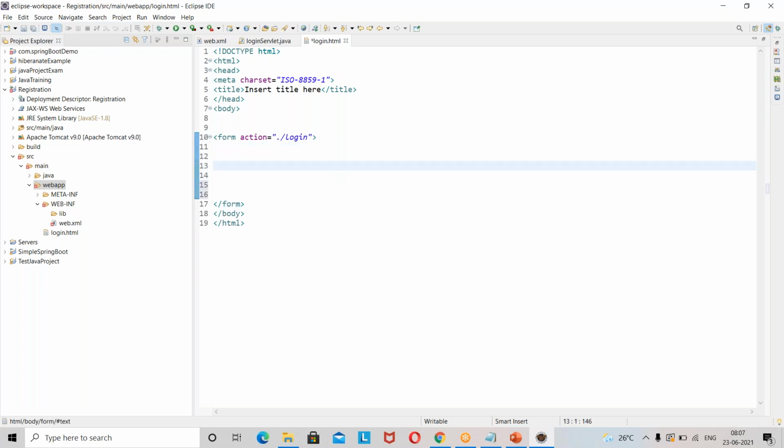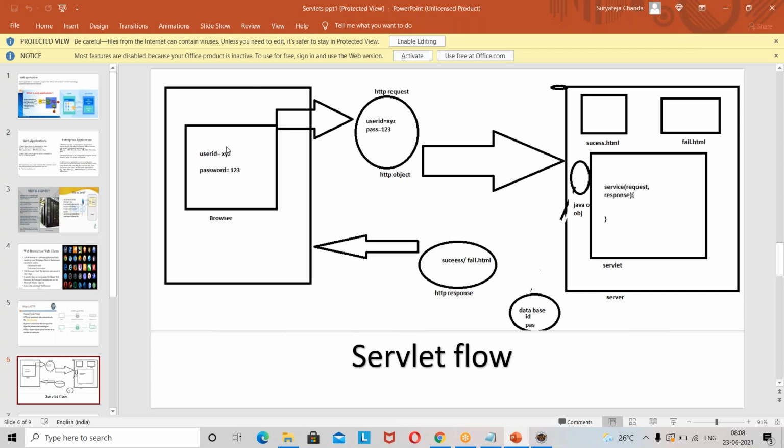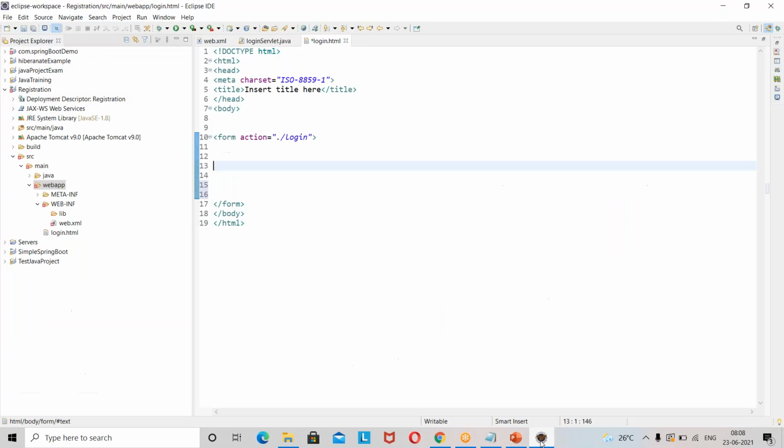Inside the form you will have an input type like text, whatever you want. We want to design a text box which takes a value, a text box which takes a password, and a submit button. On submit it will go here.